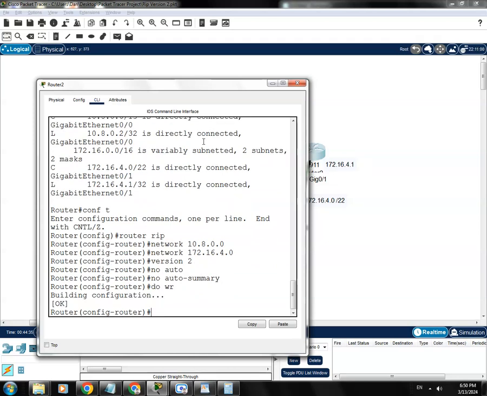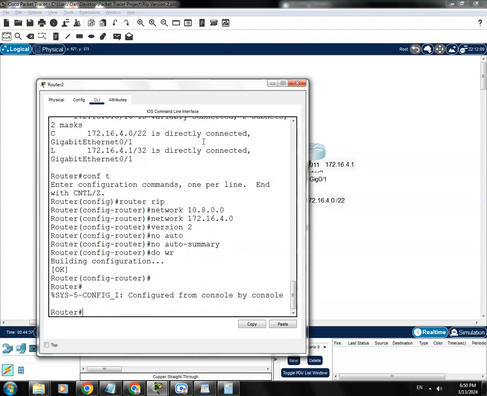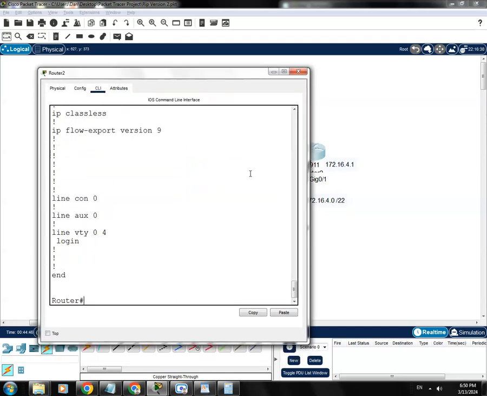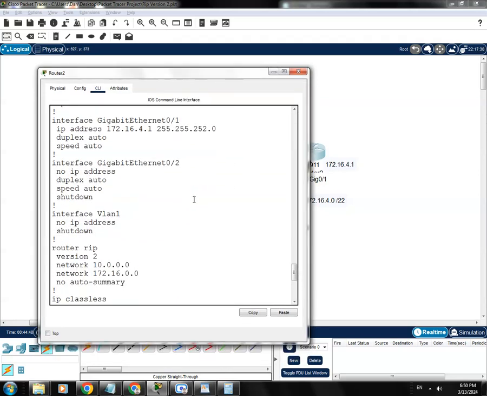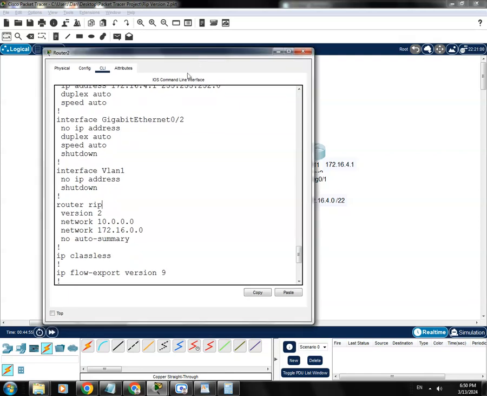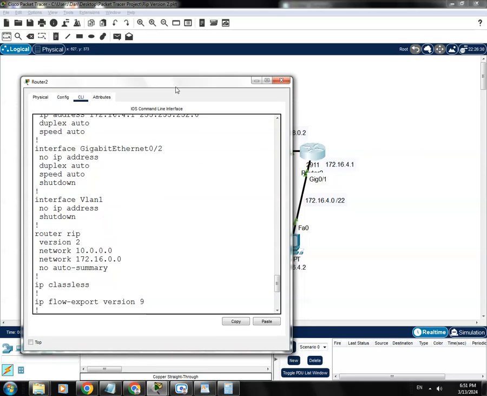All right, and then let's save the configuration. I'll press Control C on the keyboard, and then let's view the running configuration first, just to double check. So here's the running configuration. We enabled RIP and version 2. And actually, in the running configuration, it automatically shows here the network 10.0.0.0 and the network 172.16.0.0. However, that is not the one that